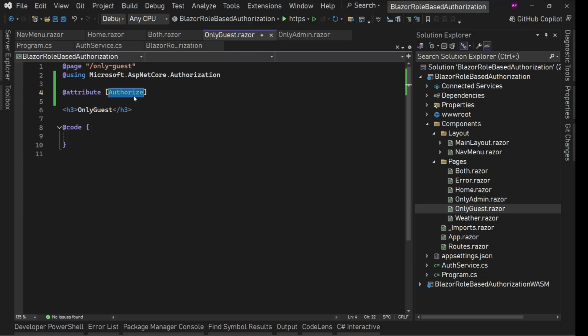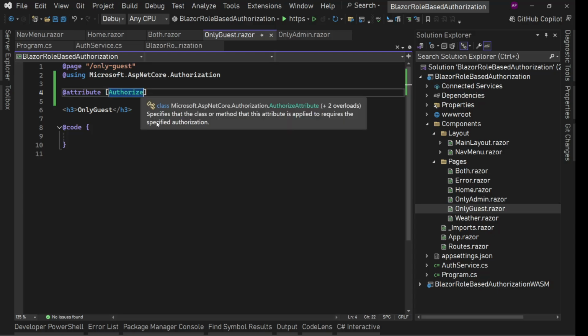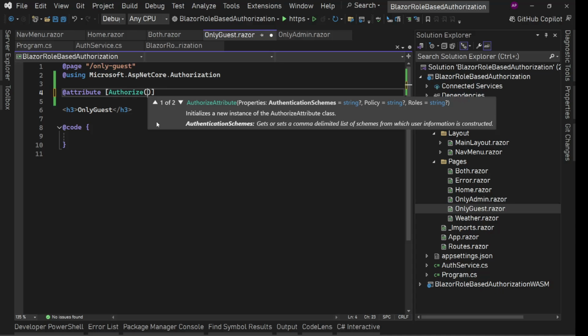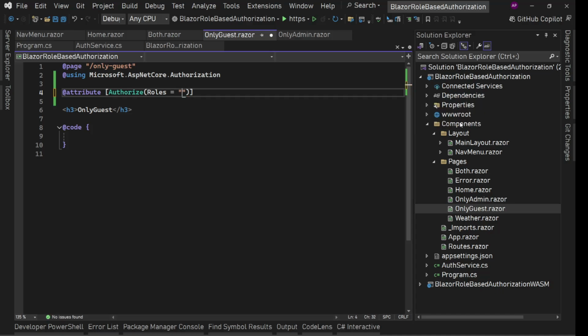So the basic authorize attribute without any role will allow all the authenticated users. It will not check for roles because we didn't tell it to check for roles. Okay, so now how can we restrict that? In this authorize attribute, we can provide some parameters. So here one parameter is roles, which gets or sets a comma delimited list of roles. The other one is for schemes from which user information is constructed. So comma separated roles we can have here. Here I'll simply say the same constants dot auth type dot